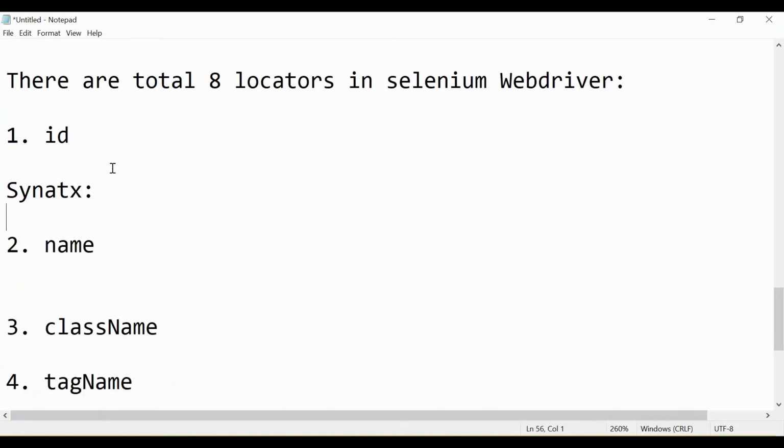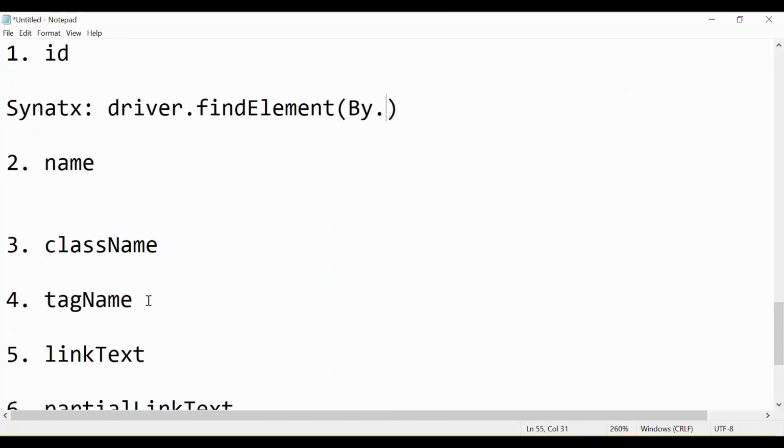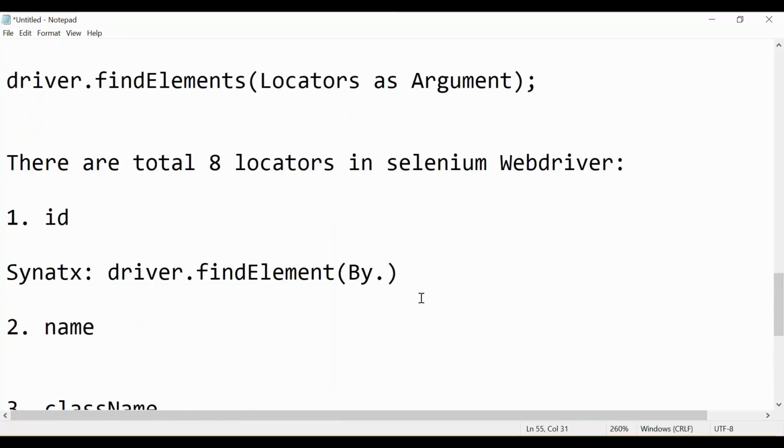You can write driver dot find element, so the function will be the same, and in the bracket, By dot. When you type dot there will be suggestions: ID, name, class name. You can pick any one of them. We are calling the static methods available in the By class. So to use the locator ID, we need to write By dot ID.